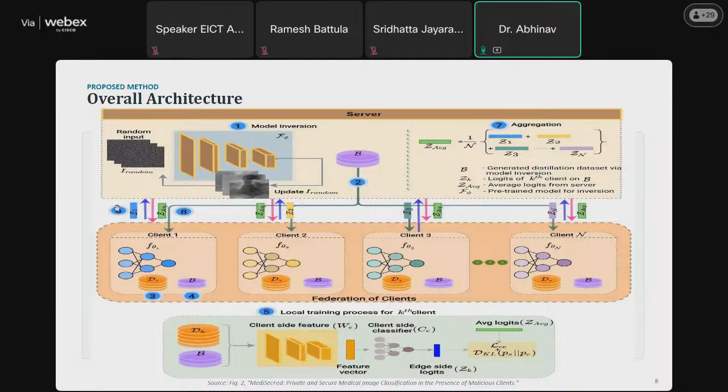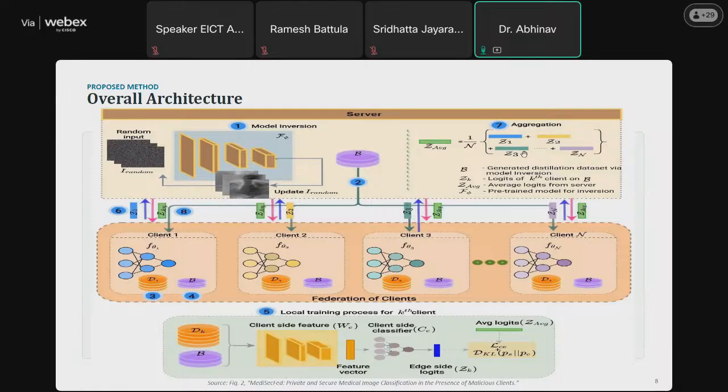You can see in the figure where number 6 is written. These logits are simply the output scores before applying the softmax function. Only these logits are transmitted to the server. Just think about the difference first. In FedAvg, millions of model parameters are uploaded. Here, only a few output values corresponding to the number of classes are uploaded. This reduces communication cost.